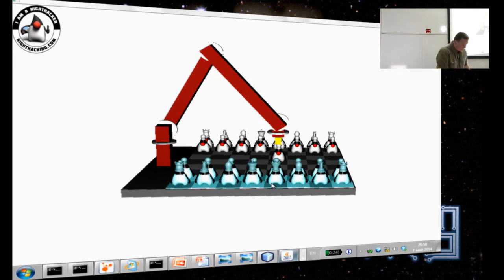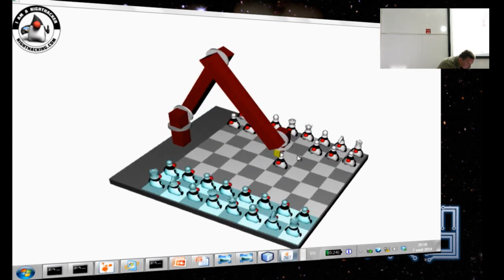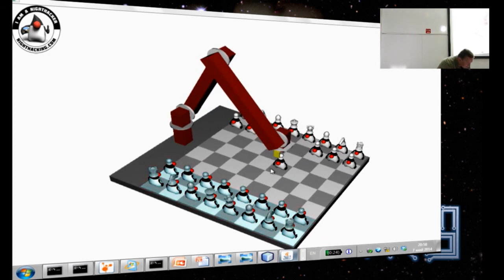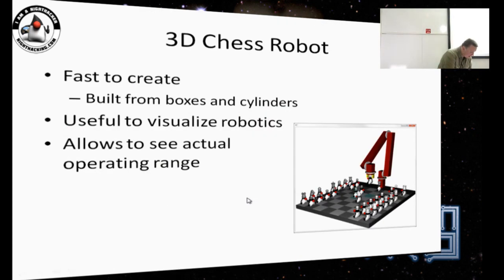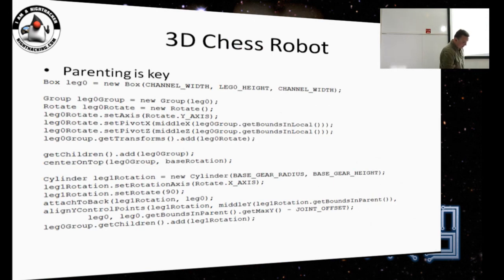I don't have much about this in this demo, but this is something that could be quickly done with just plain boxes and cylinders, and they are all just parented in a natural way. And here is an example.